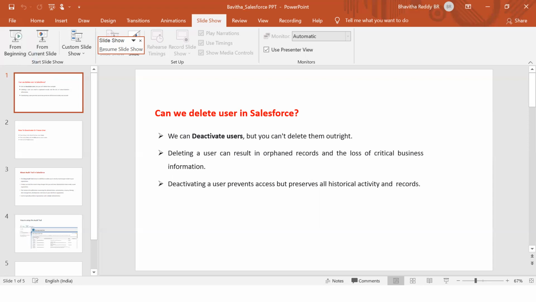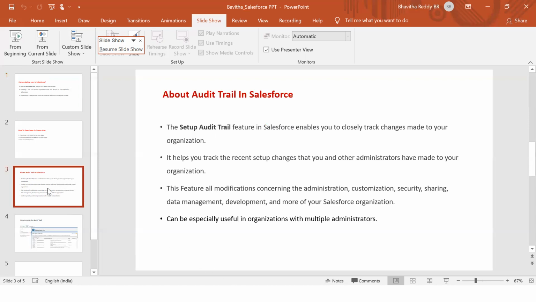In the user record, there is the Active checkbox, right, madam? Yes, you can uncheck it. That makes the deactivation of the user. Correct. And the audit trail is very important. Generally, we can track what users did and everything in the audit trail. We can see the last 6 months of information. You can also export what changes they made in the organization.